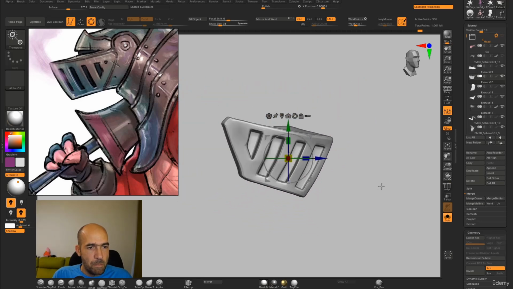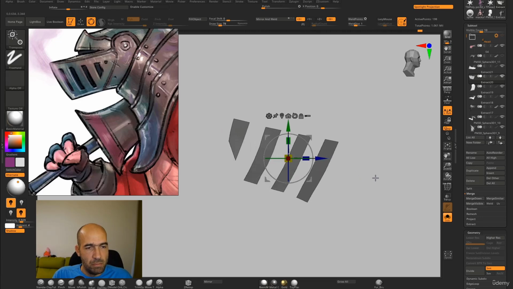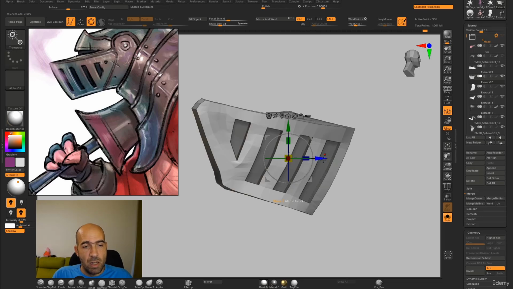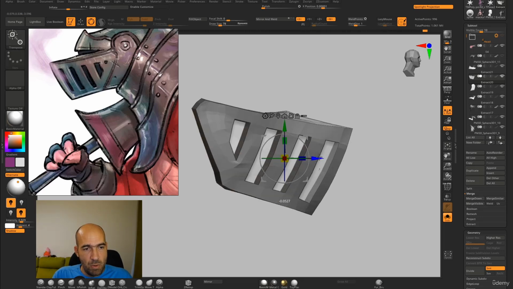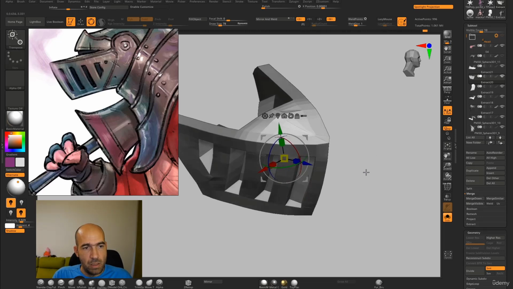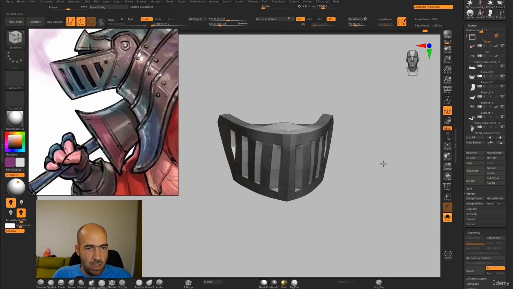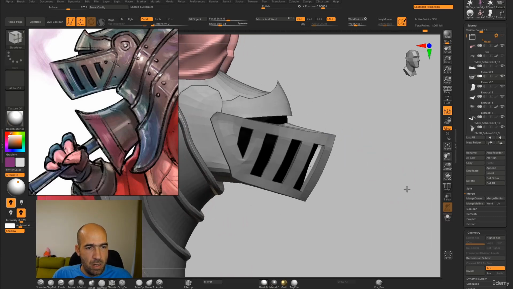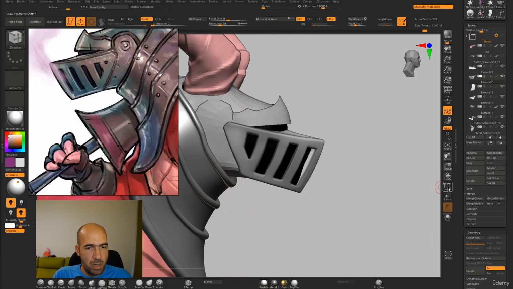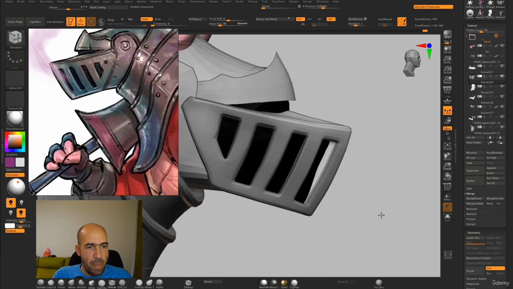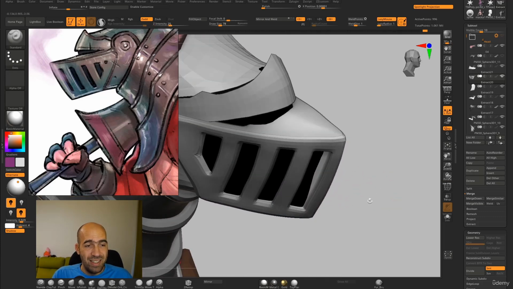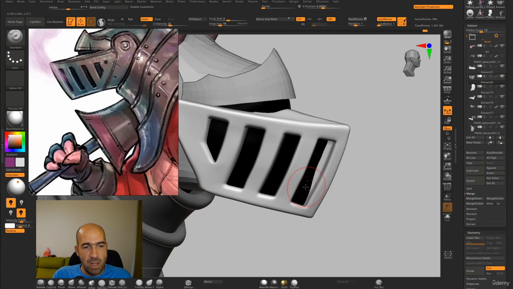Press D, move them all, oops, mask them, invert, oops, mask them, show everything, invert the mask, and then move them back a little bit. Hopefully, this way. I think it's better this way, because now, since they are more inside, and if we kind of